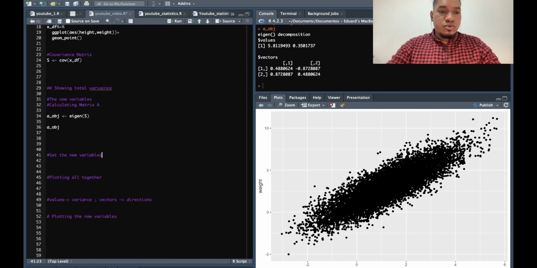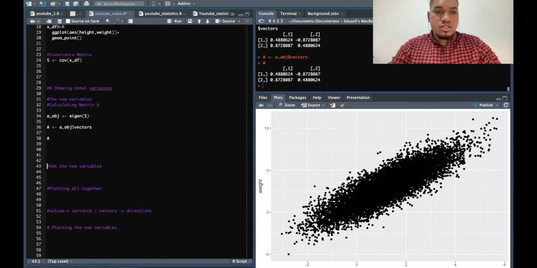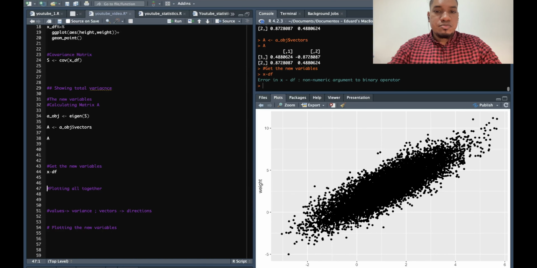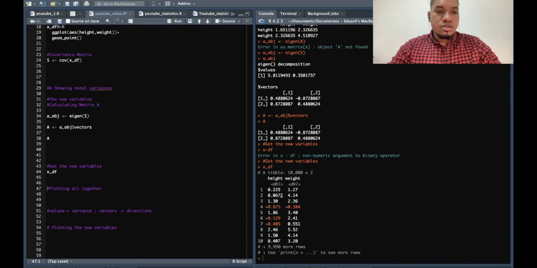So before that, I will calculate now the zeta matrix. If you remember, the zeta matrix was X times A, right? We already have A. No, we don't have it, actually. So let's calculate it real quick. The eigenvector, and this is our matrix A. So the new variable is going to be xdf times A, right? But xdf is a data frame, it's not a matrix. So we need first to get a matrix,